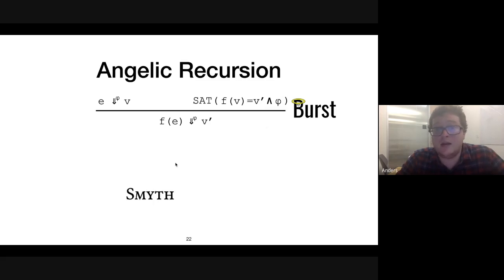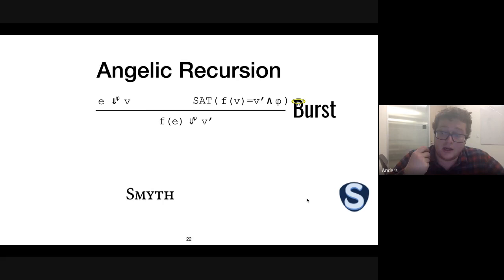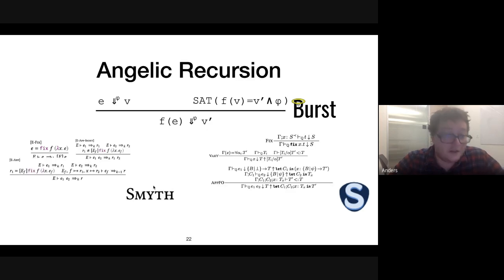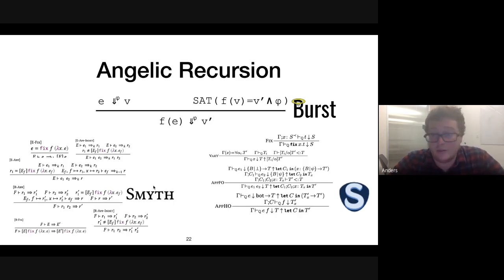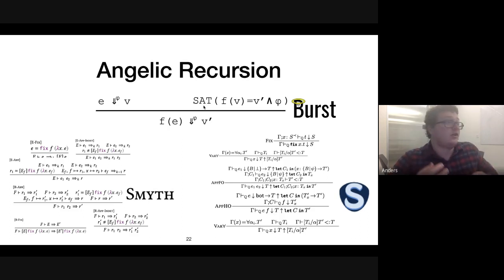I want to compare this to some prior works like Smith and Sinquid. Our work is really nice because it is able to handle everything with one rule. These top-down synthesizers, however, have a lot of domain-specific reasoning that they have to do. Smith and Sinquid use not just evaluation, but also rules for what's called unevaluation. They have rules for halting, resumption, subtyping, strengthening, all this complex stuff, whereas Burst is really nice because it has just this one rule that handles everything. And besides that, your standard semantics can stay basically the same.